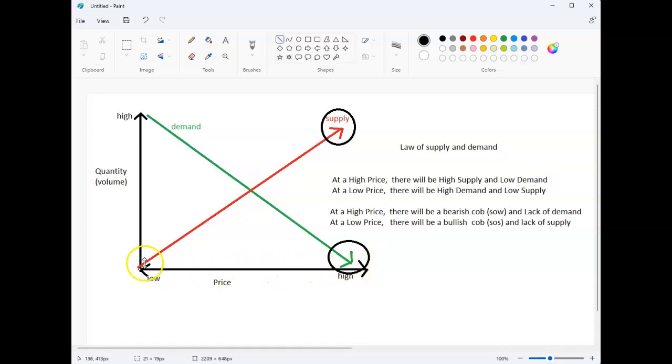As it goes lower, what do you think happens to supply? It goes down, and demand also goes down. Then they hit another extreme. When they hit another extreme, what do you think happens? Demand is too high and supply is too low. Then you know what happens? Another turning point. The process of this, these are your rotations in the market.